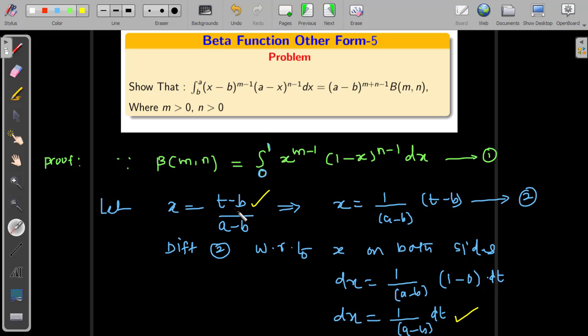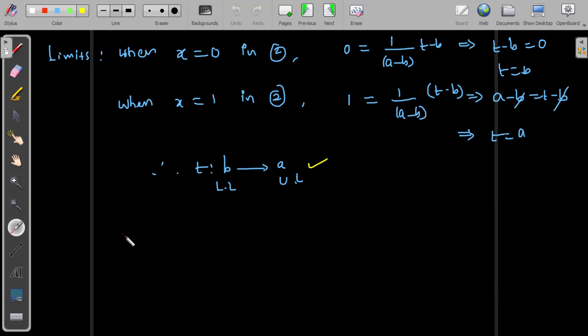X means (t minus b) by (a minus b). Here also x is there, in 2 places. Again dx means 1 by (a minus b) times dt. After that, simplifying. So the next step what I can do here, therefore we can say,